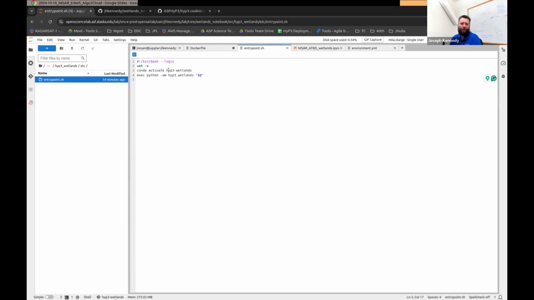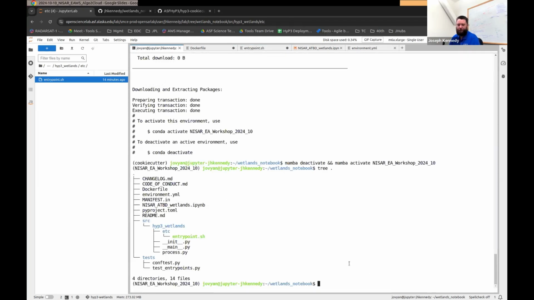I want to activate my environment. And then I want to execute python -m wetlands with any parameters that we've passed to Docker. So this is going to be what happens when you run the Docker container, and it's going to be what happens when you run the Python package, and it's how we're going to execute our notebook. So we made all of those changes, and I can do a